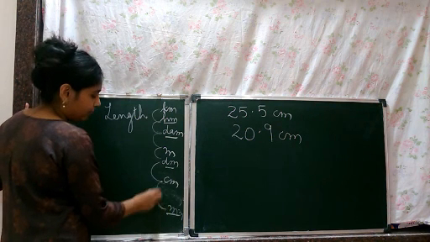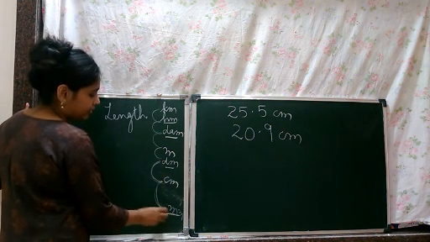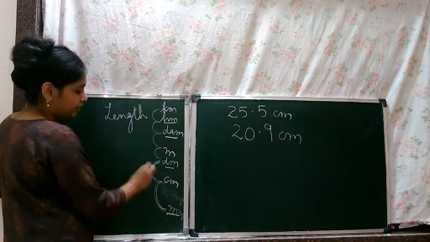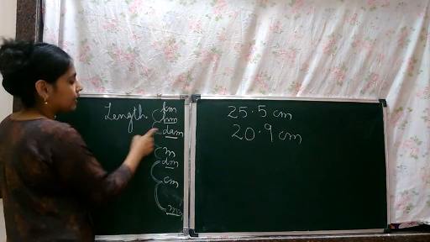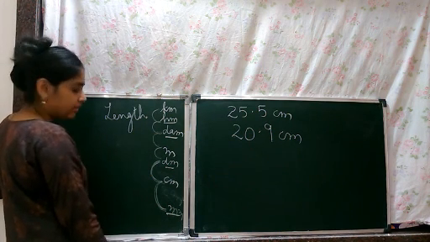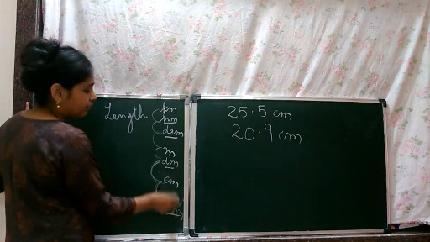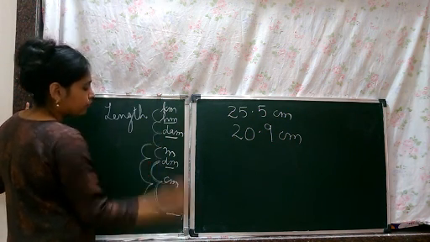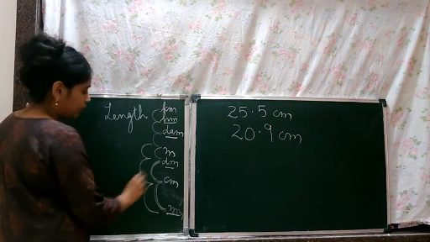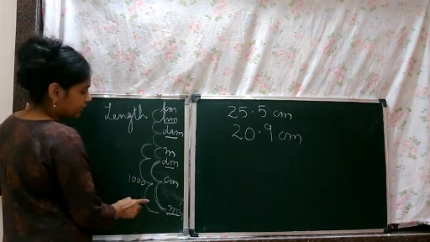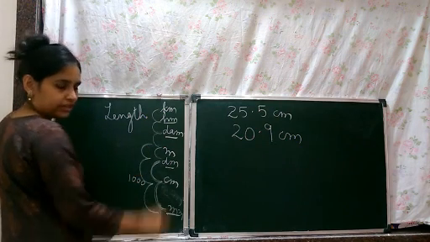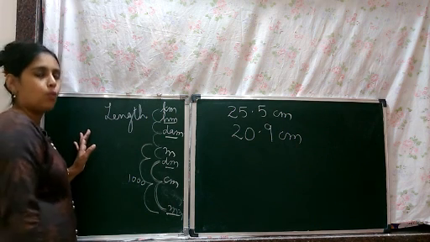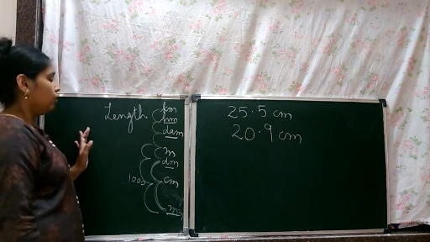Now when we talk about millimeter and decimeter, this is 10 into 10 times. Got it? Each time 10 gets multiplied. So when we talk about millimeter and meter, how many steps are we moving? 3 steps. So the difference is 3 zeros, or you can say 10 into 10 into 10, which gives you 1000.